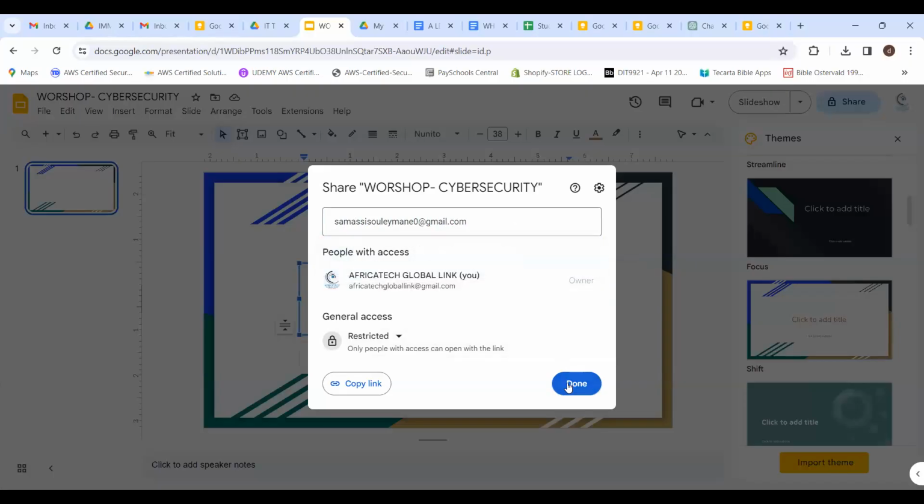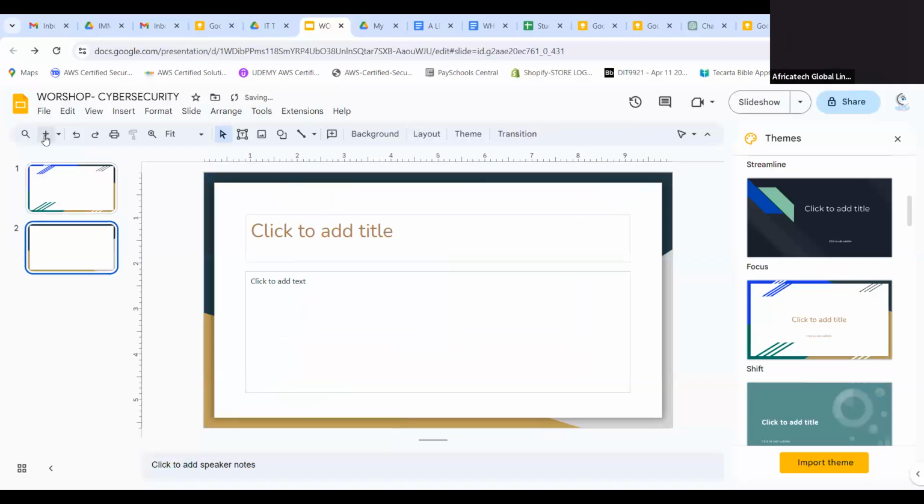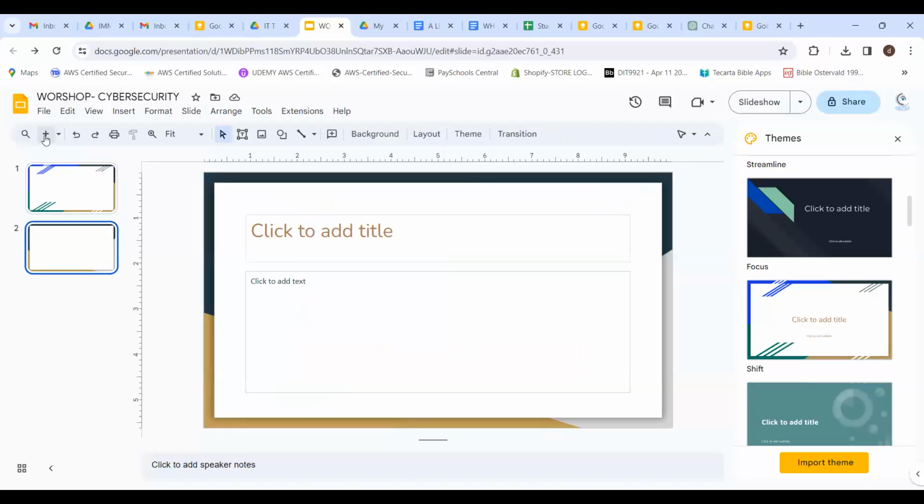Yes. Okay, this is how we do it. It's to go to practice. That's a good question. So you will receive an email. You just have to click on it. It will say Crystal or AFRICATECH or whoever shared something with you. And now you will see, as it's even in Google Docs, it's the same thing. Sometimes you are working on different parts, and you say you'll be working on this, you'll be working on that. You don't have to move and go to maybe Connecticut and work with someone. Before, people would do it, save it and share. No, you can work at the same time. And then at the end, you just make the presentation accessible.